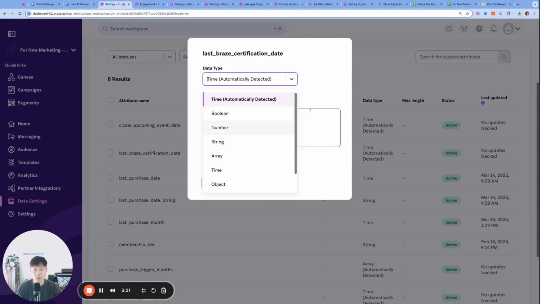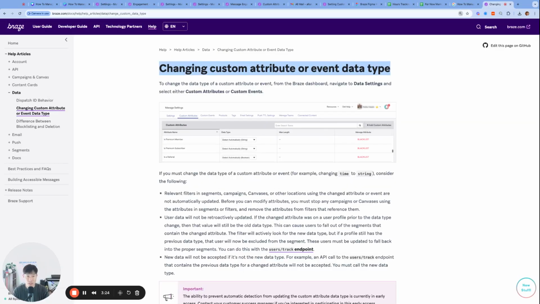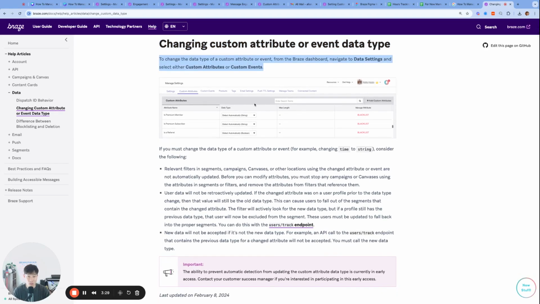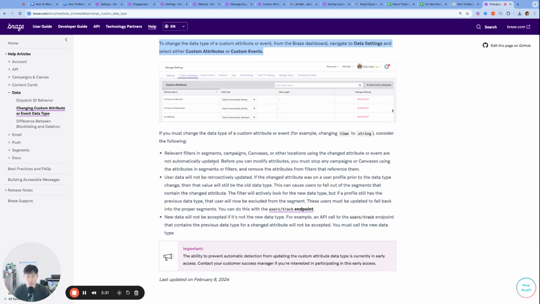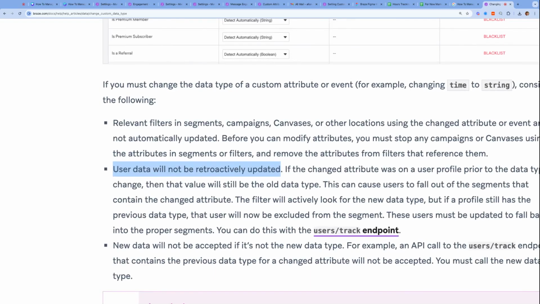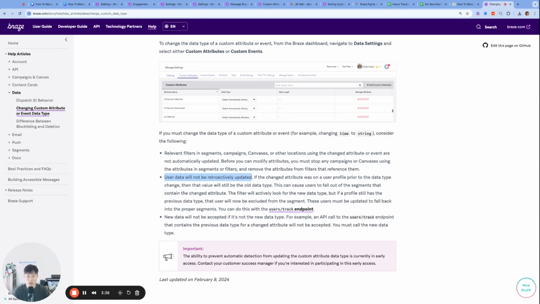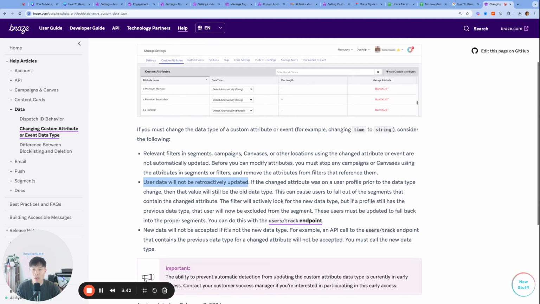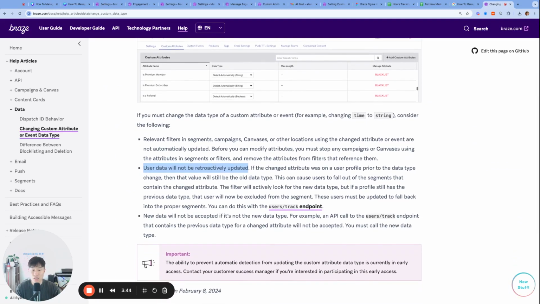One thing to keep in mind is that I have a documentation page for changing custom attribute or event data type, which explains how you can do it in the older UI. And the biggest thing to keep in mind is that user data will not be retroactively updated. So all the existing data in Braze that's using the old data type will remain that data type. And if you do want to update that data type, you do have to re-ingest the same data to the